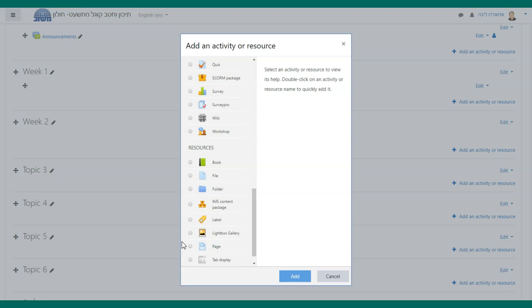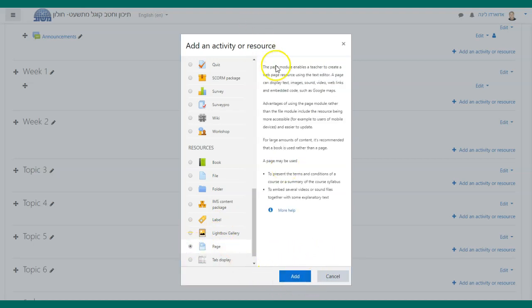Working with Moodle activities and Moodle resources will be the subject of more videos that I will be creating. When you choose an item, you get an explanation of what that activity or resource is. And don't forget to click on Add to add it to your Moodle platform. But that will be the subject of